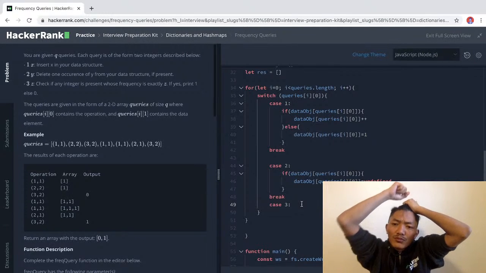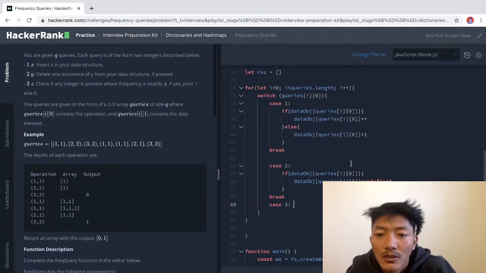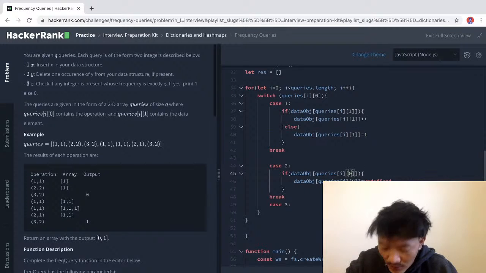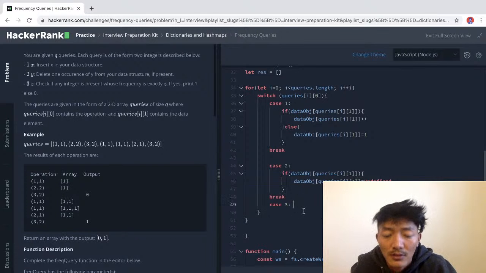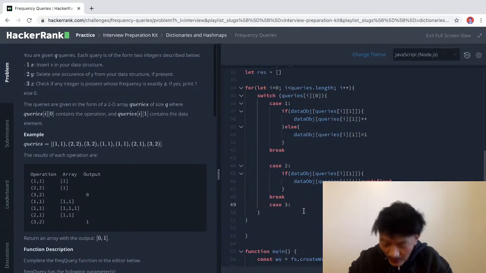Oh no. Okay, so what we are doing is, it is not the one, just the one. This is the value we need to enter. All right, so what we need to do is in case 3,